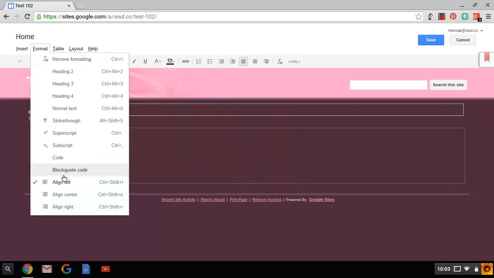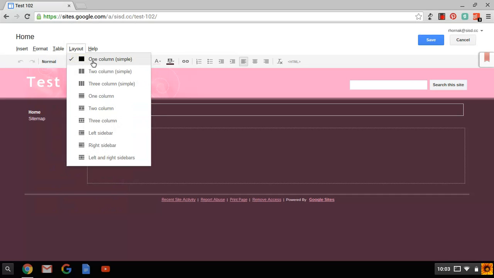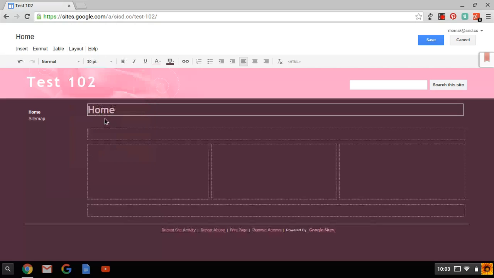You can format all of your different headings. You can insert a table. This is where your layout option is at. I prefer to have multiple columns when creating a website versus maybe just one. So we'll go ahead and just click on that and you can see the difference. The help button is here, and then your font choices